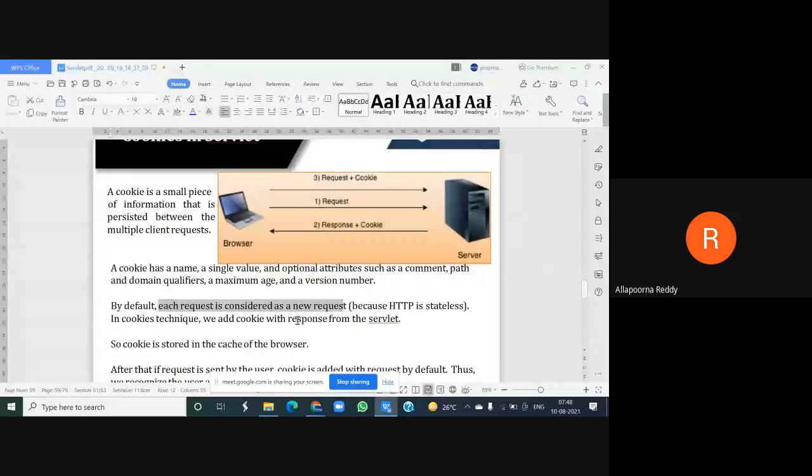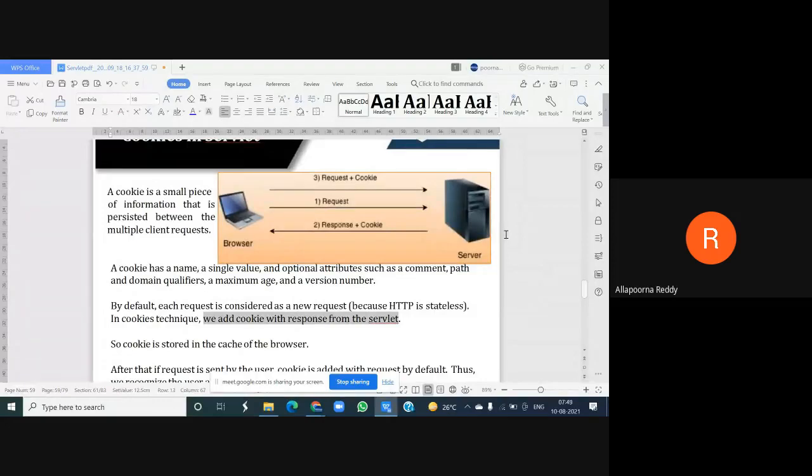One more thing is, when a cookie is stored in the browser, or stored in the client machine, it can be done with the help of a response from your server, and that response will add your cookie. So in the cookie technique, we add the cookie with the response from the servlet, because the servlet will be executed over your server machine, right?